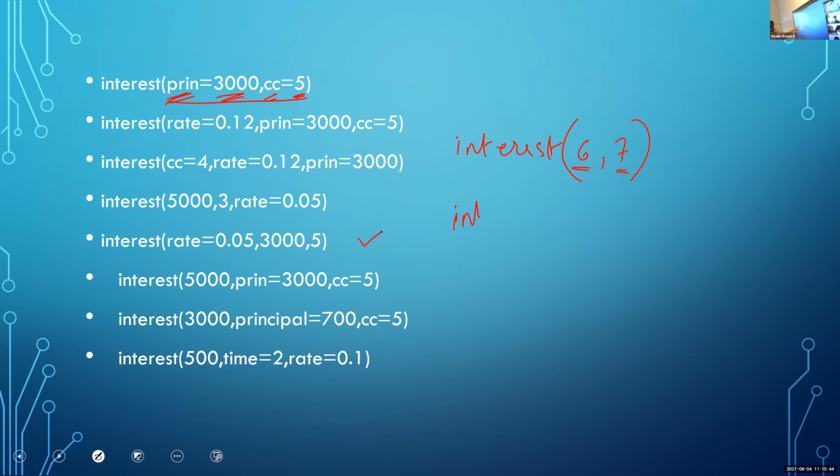This one is valid or not? How can we identify the rules related to this? This is not a valid statement, because in a function call statement, the first values are positional arguments. So we want to write the function call statement like this. This is a valid statement because the first values are positional arguments, and second we are using a keyword or named